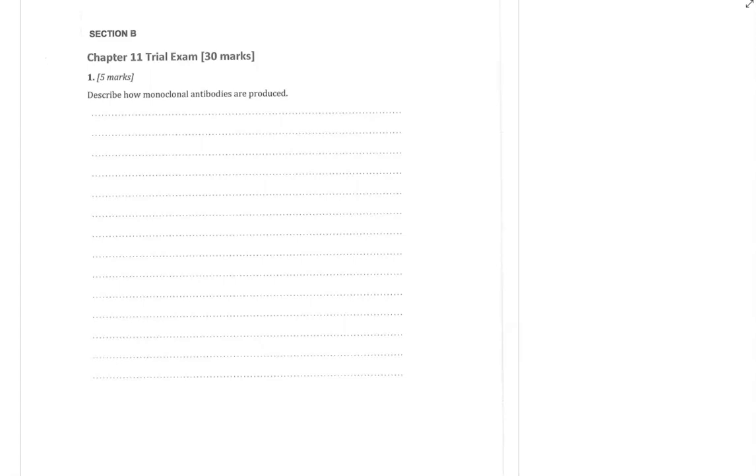Okay, going through the chapter 11 questions of paper 3. Obviously, under normal circumstances, section B will be your option, but as we haven't yet learnt the option, that is the chapter 11 stuff. Okay, so